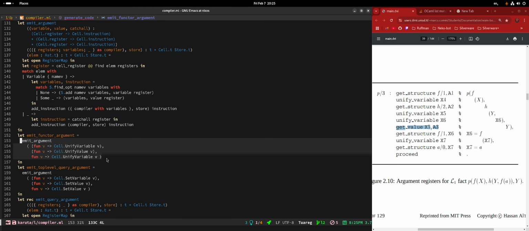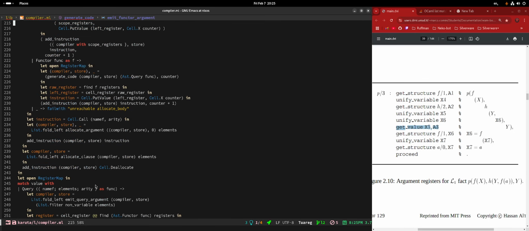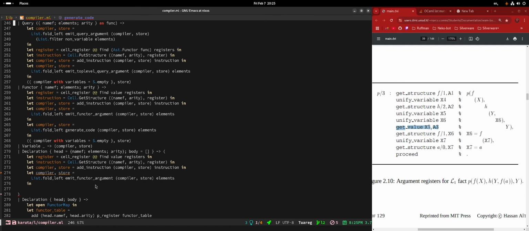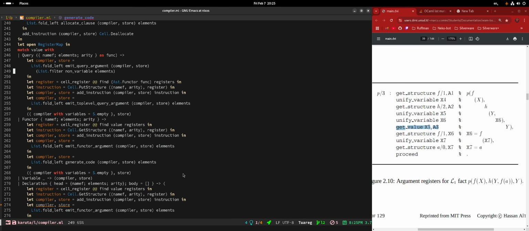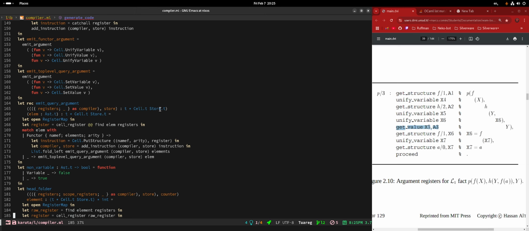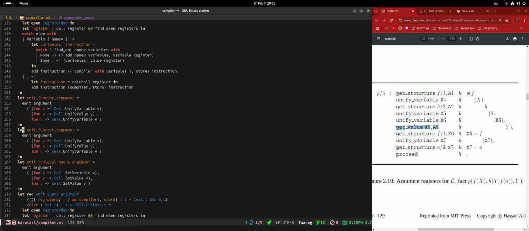Which kind of means that that's a little confusing. How are we generating code for functors and they are not facts? Because functors can appear as arguments to predicate calls. Oh, okay, that's true. That's why. Okay, but am I right in saying that there is a huge enough difference between emit? We should have something to like emit a fact argument.